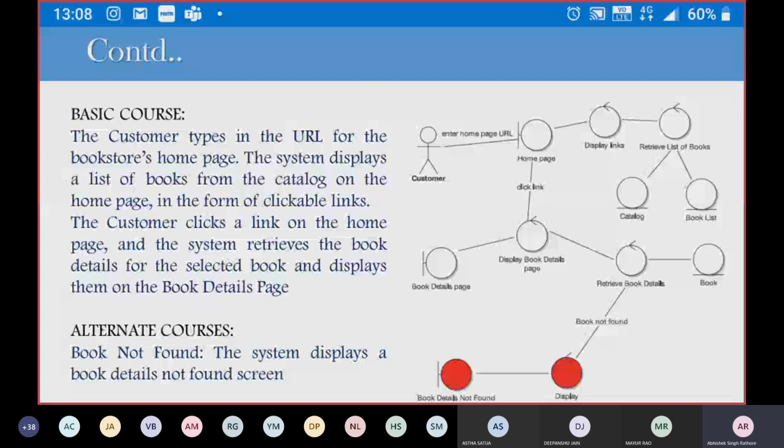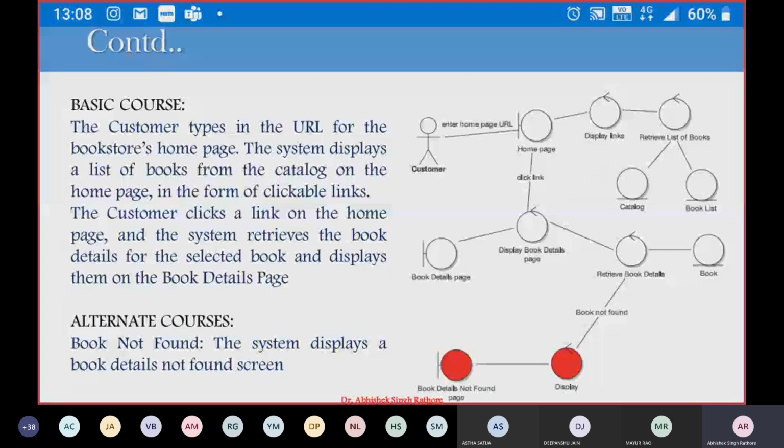Now in addition to that, we have merged the view book details and the book details page. So it is now a single page, the book detail page, and it is renamed as book detail page instead of starting with the verb view. Next, we have again removed the JSP here, so it is named book details page.